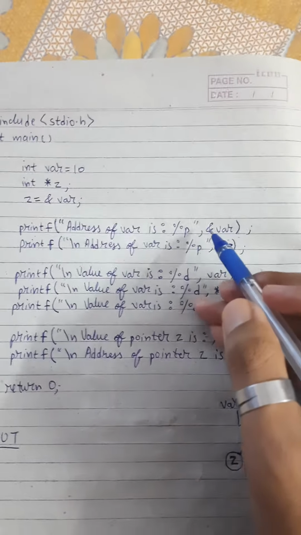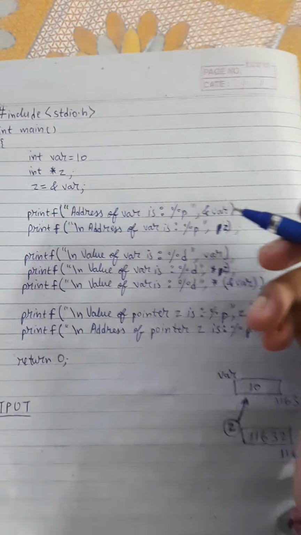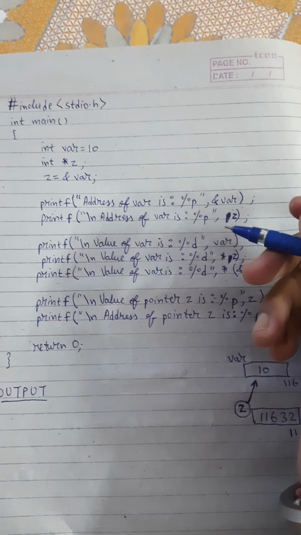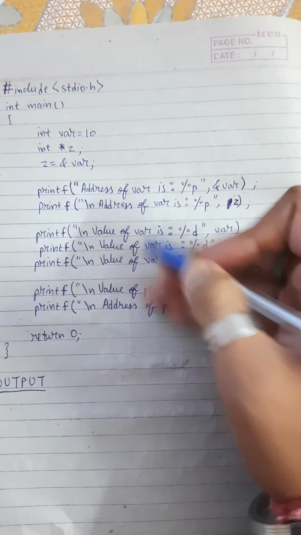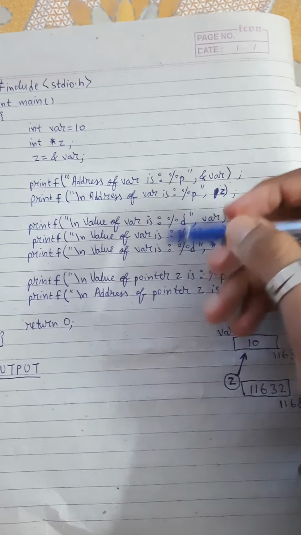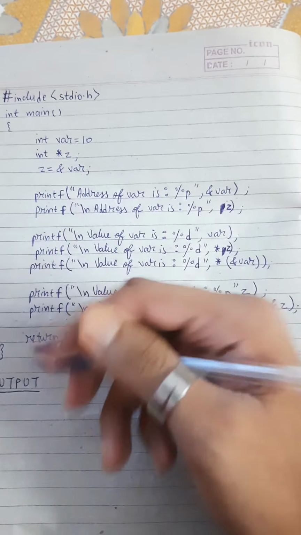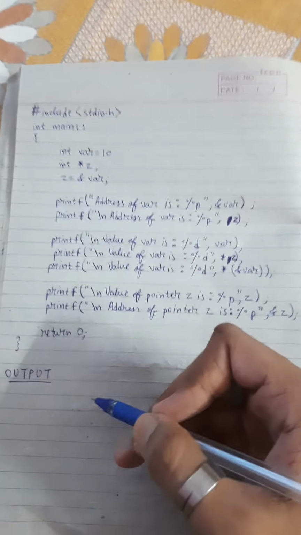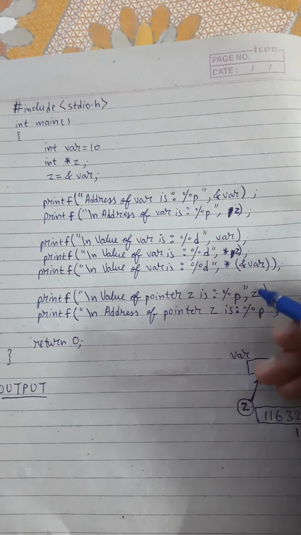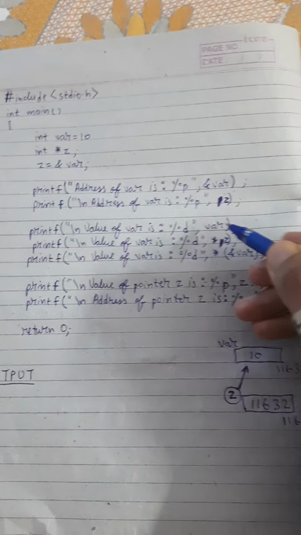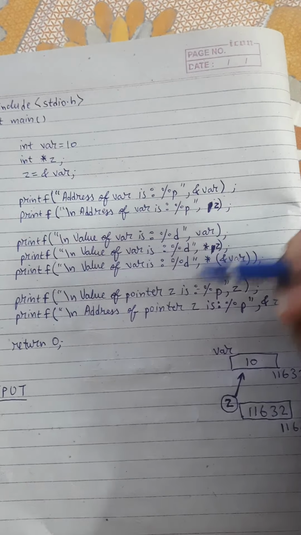Here the first printf statement is here. To wrap it up within a short time, I'll not print this part, because these are strings, so whatever we write here, the exact output will appear. I'll just execute the logical part that validates pointers. I'll just write the value part.